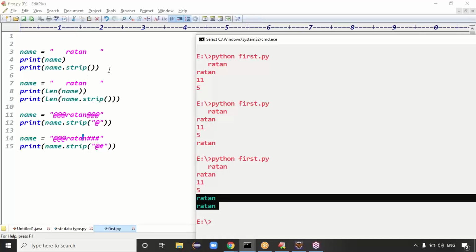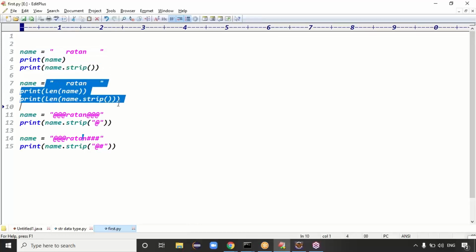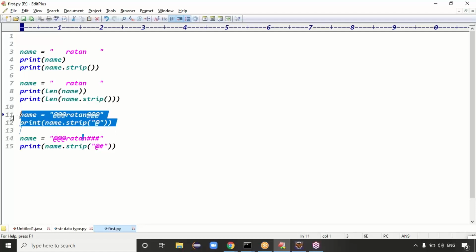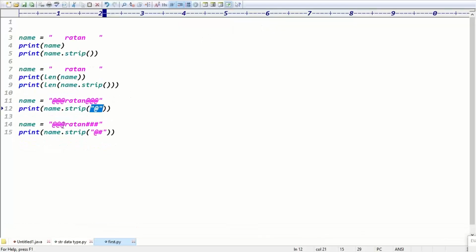The first case, I just applied strip. The second case is length with strip. The third case is strip of the starting character and ending character. Strip means whatever characters you are giving, it removes them from the starting data and ending data also, right? Starting one type of characters are there, ending one type of characters are there. Just mention how many characters you want to remove and what characters you are going to remove, then it will automatically remove the characters at the starting and ending, right? Exactly, guys. That's basically the strip function.